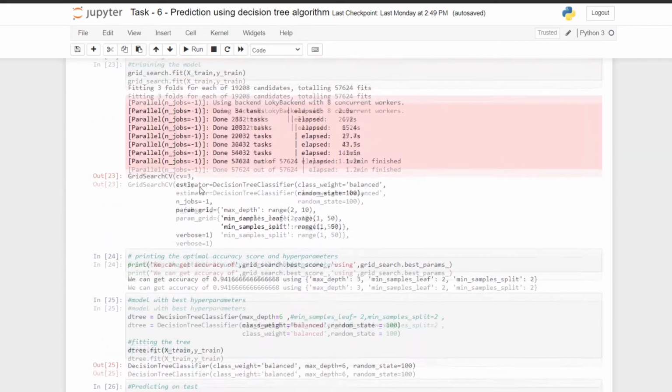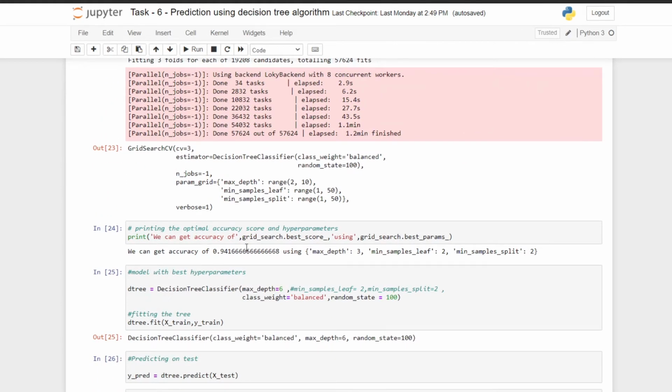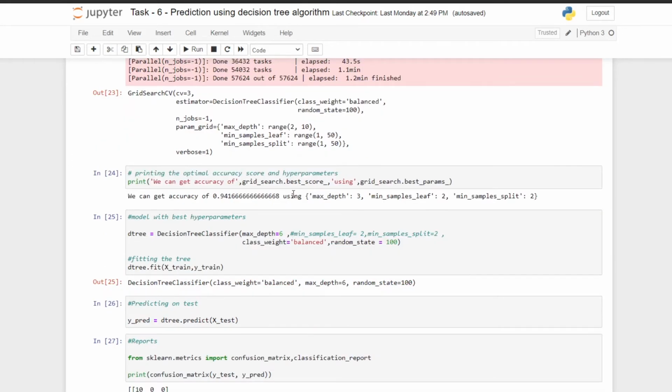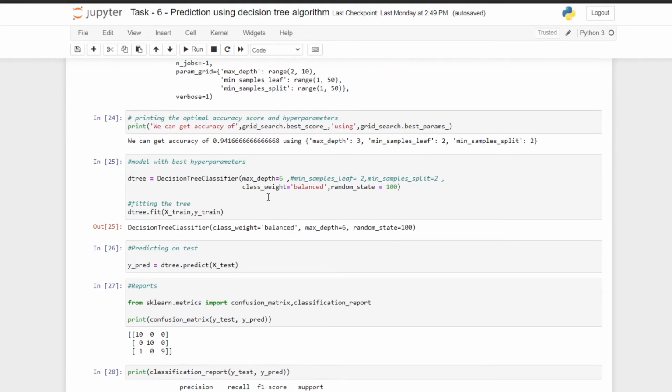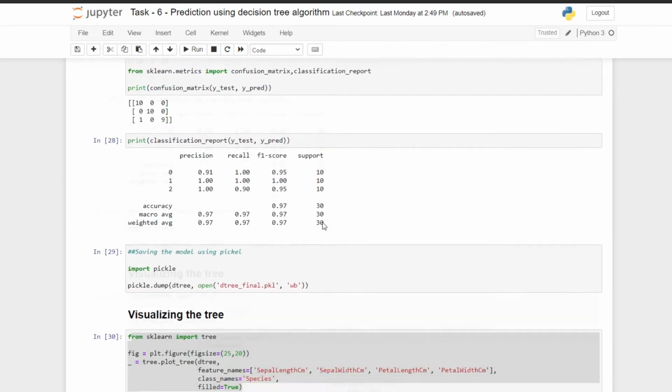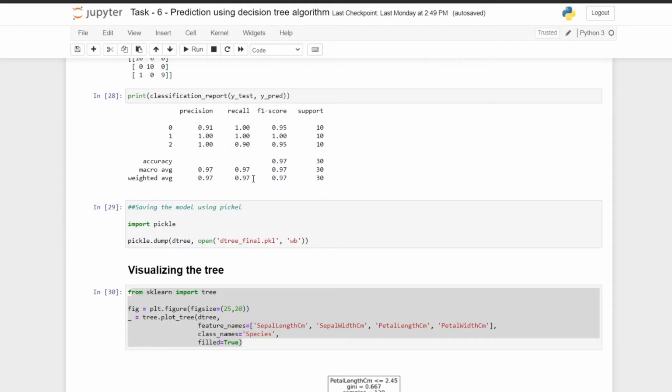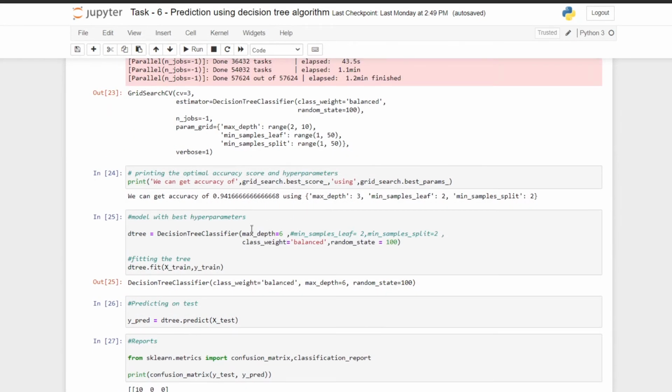After the cross validation we are getting an accuracy of 94% by using max depth equal to 3, minimum sample leaf equal to 2 and minimum sample split equal to 2. So guys, after the cross validation I have done some manual tuning, and if you go with these parameters, that is max depth equal to 6, class weight equal to balanced and random state equal to 100, we'll be getting an accuracy of 97%. So that's why I am going with this one.